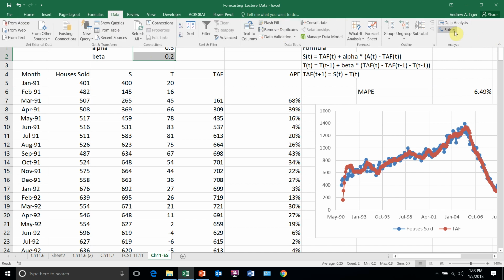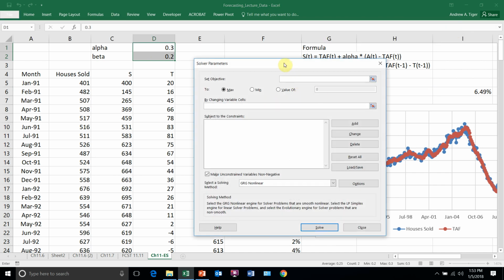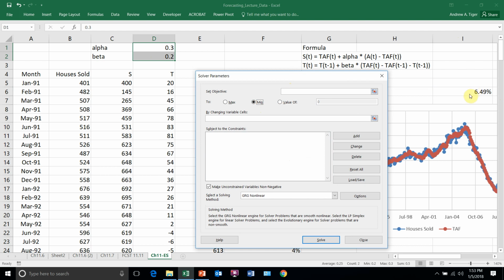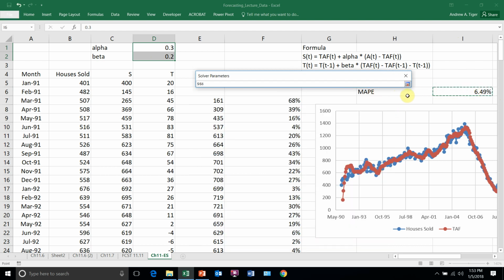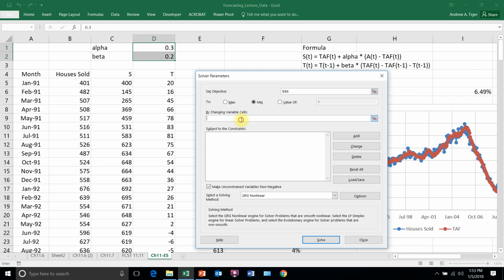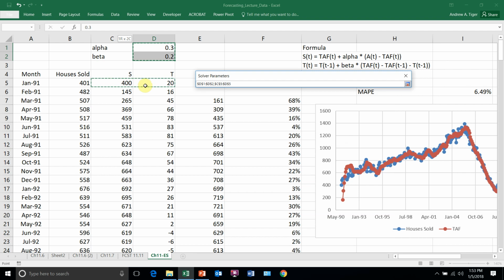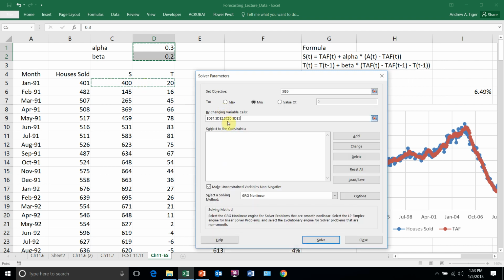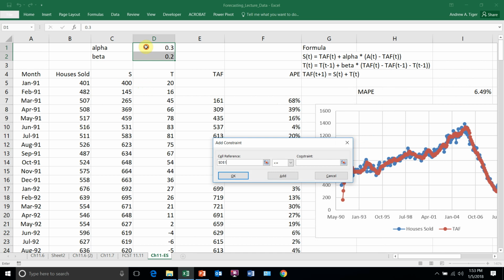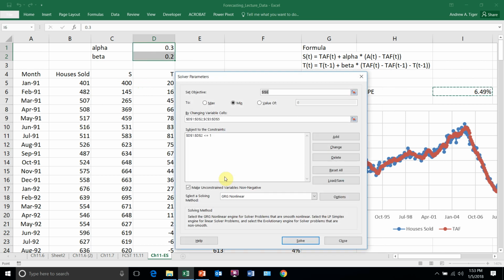So now when I go under Solver, I want to minimize this value by changing these two and these two. And I'm holding the control key down to grab data that's not connected. Then I'm going to add that these have to be less than or equal to 1. This is nonlinear. The MAPE formula uses the absolute and it divides by things, so it's a nonlinear function. But that should work. So now when I hit solve,